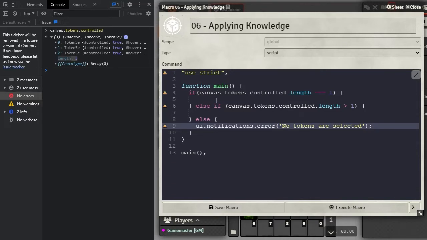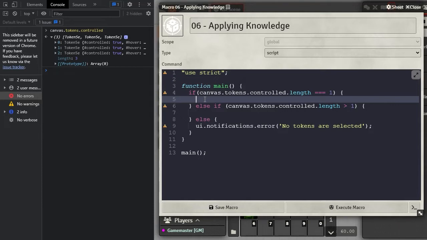Now let's decide what we want to do if a token is selected. So if it's 1 selected, it's always going to be 0, because it's a 0-based array. So we can be confident that the character that we want is actually that 0. So let's go ahead and set ourselves a kind of shortcut. We're going to assign a